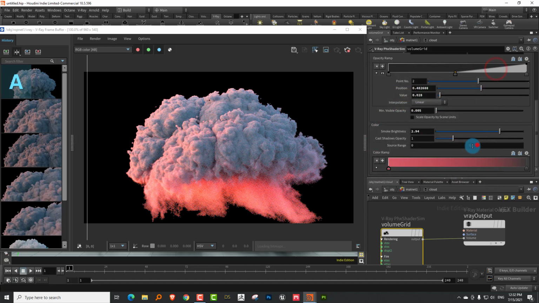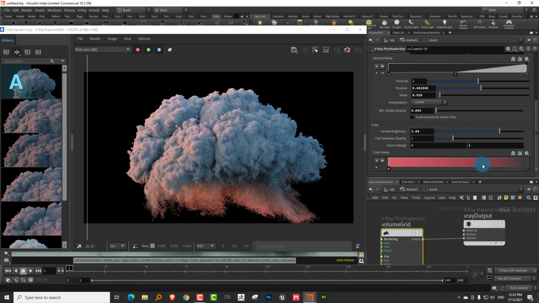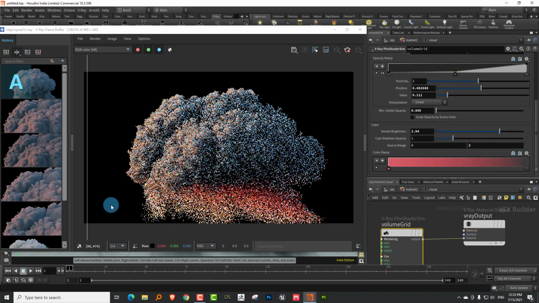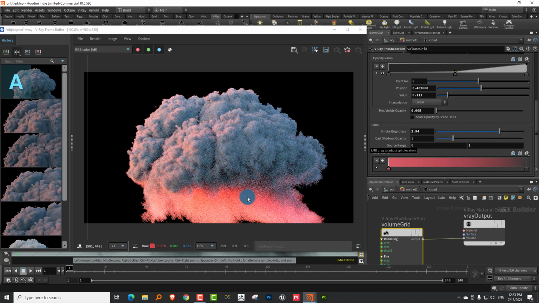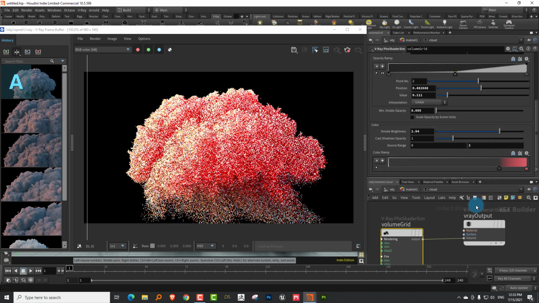Okay, so you can define the source range. The lower it is, the less color you see. Like if I bring it up to 15, 0 to 15, you'll see it colors up a lot. And then this is just in the very light areas. Okay. And then if you flip it, then this will affect the dense areas.